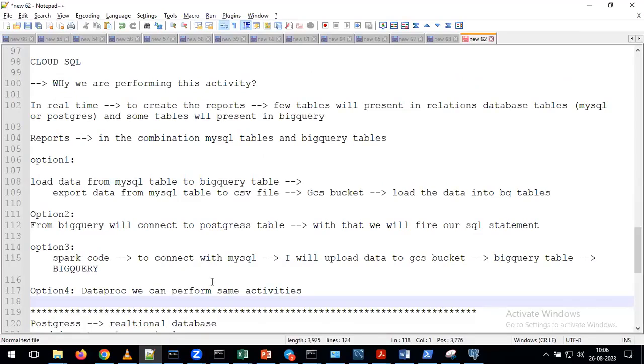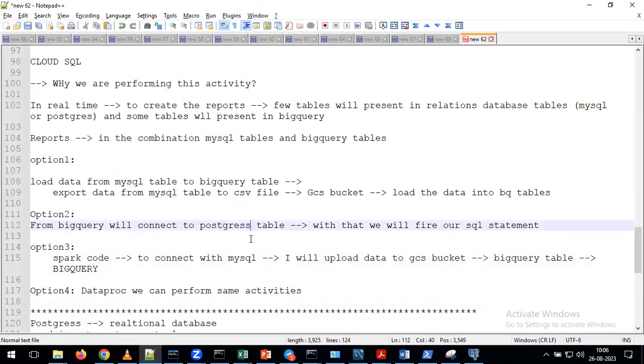That depends. In some projects we are going to see Postgres. In some projects we are going to see MySQL. In some projects we are going to see SQL Server. So we see all of them. We cannot say only one thing in real time. In different projects, they use different services and different databases. Already we discussed MySQL. That's the reason, as part of today's session, I'm trying to explore Postgres.